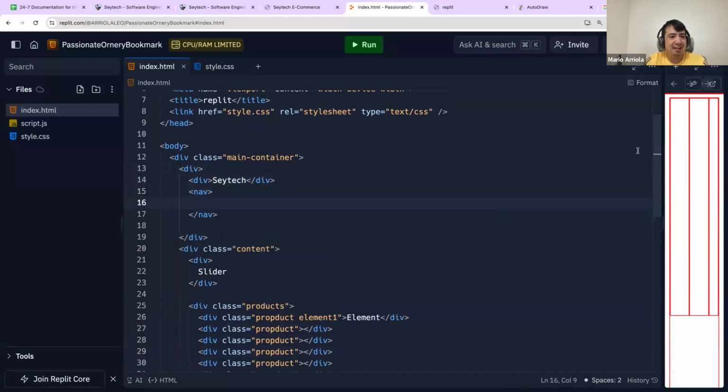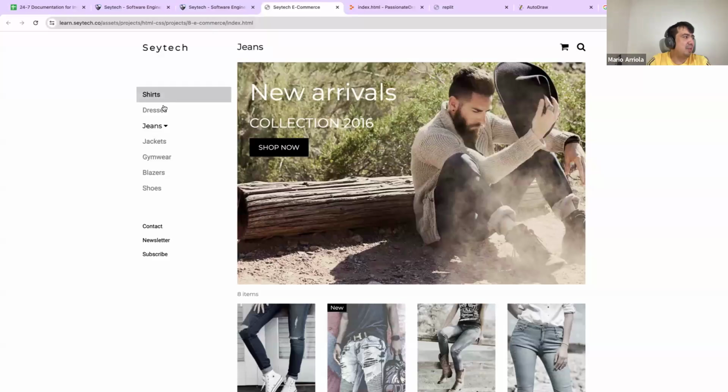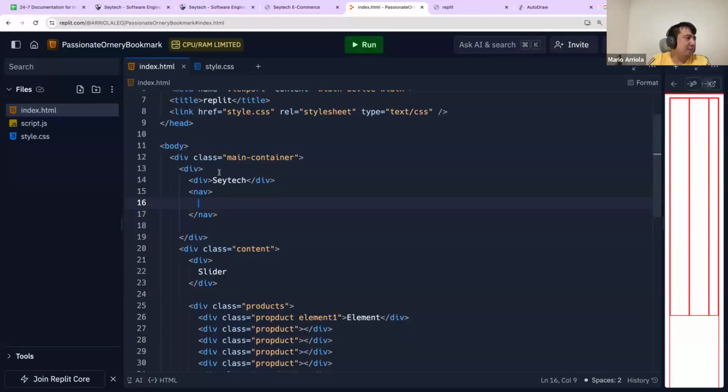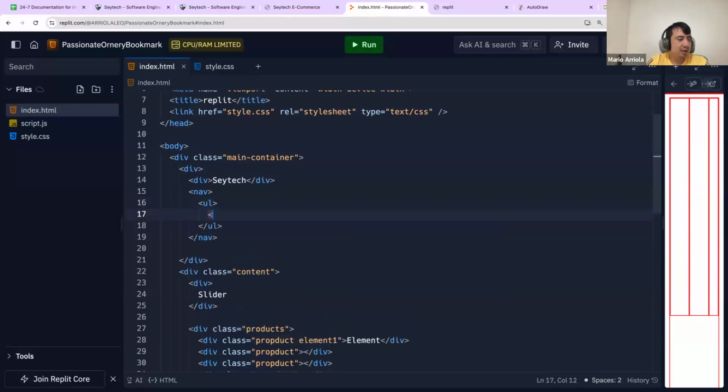And inside the nav, what we have, 1, 2, 3, some elements. Let's say 5 elements. Or maybe we just add one UL. We say li elements. We multiply by 6,